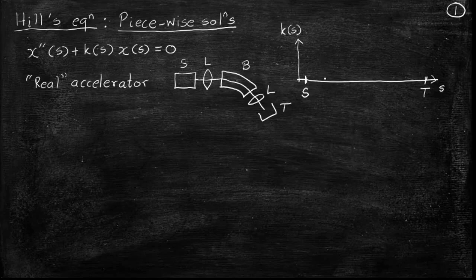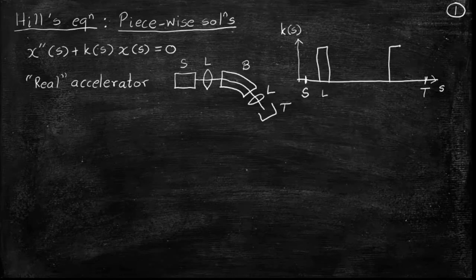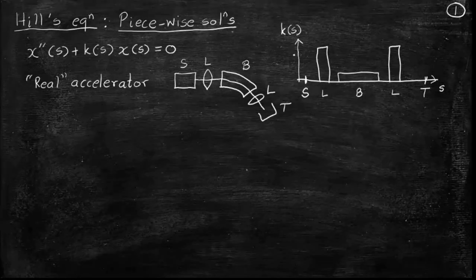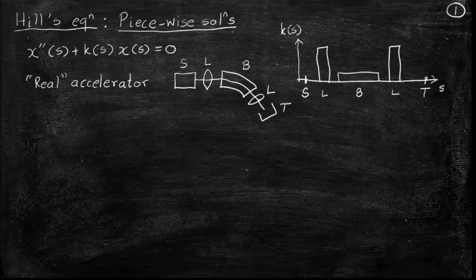So you have the region where the first lens is, let us say somewhere here. You have the region where the second lens is, let us say somewhere here. And you have a region where the bending magnet is, let us say somewhere here. In all these regions, the magnetic field will be non-zero. Magnetic field inside a quadrupole lens is non-zero. Magnetic field inside the dipole magnet is non-zero. And magnetic field inside the other lens is also non-zero.